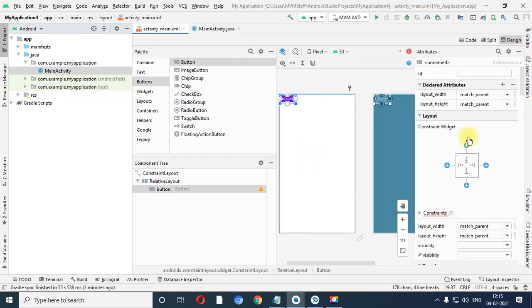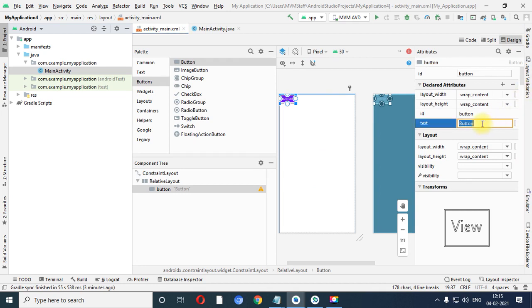Now see, in the button I want to write click me. So for that, the text property is there, right? Be sure that this attribute is related with the button. And how will I get it? See, from the component tree, you just need to select the button, and over here it is highlighted.